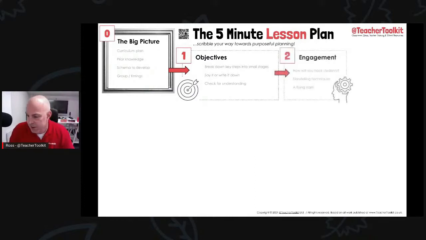Okay, stage 2, engagement. So I believe the most effective teachers tell stories. What do you remember from school? Is it things outside of the classroom, or do you remember that lesson on photosynthesis in the science lab?